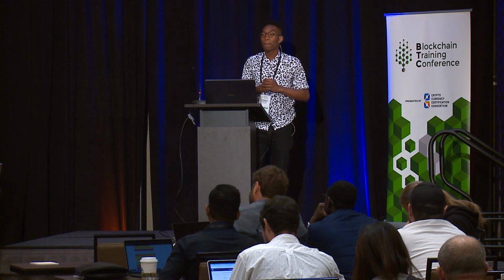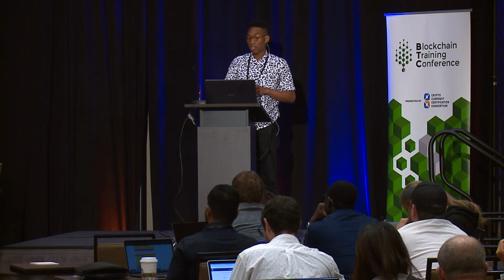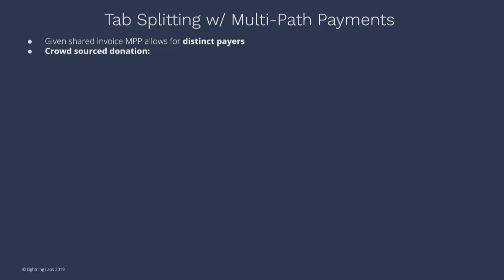Yeah, cool. I guess we'll talk about some use cases now. This is pretty cool because one cool thing about MPPs is that it allows you to have an invoice be generated and paid by several distinct payers, right? Which is a pretty cool thing compared to right now with Lightning, where only one person can pay any given invoice. One example here is a crowdsourced donation. Let's say some agent publishes their MPP invoice publicly, and says, okay, I want to crowdsource donations to put on a concert for my birthday party or something else, the whole GoFundMe thing.